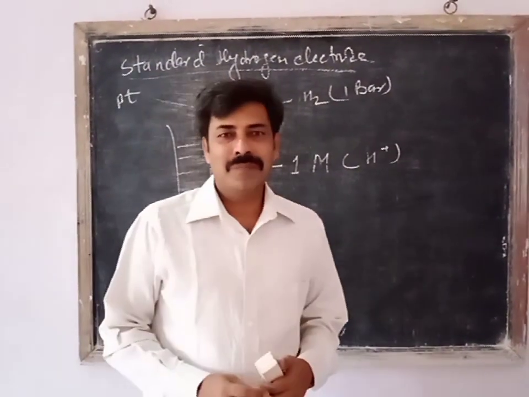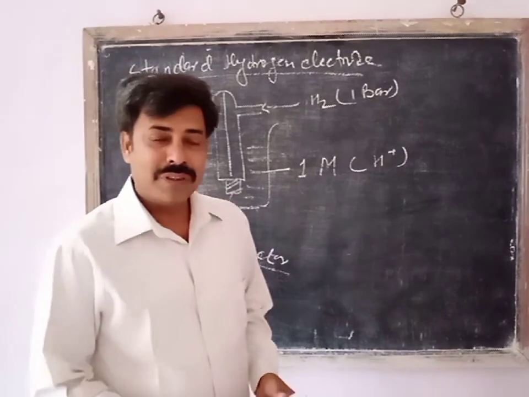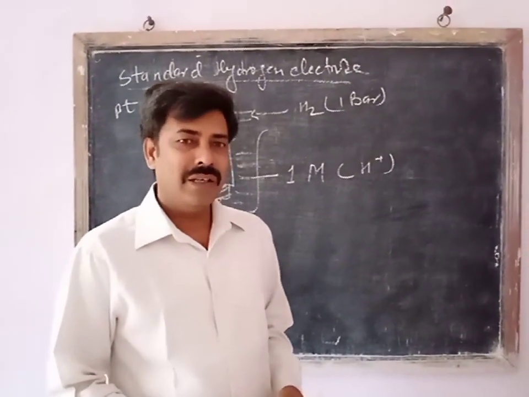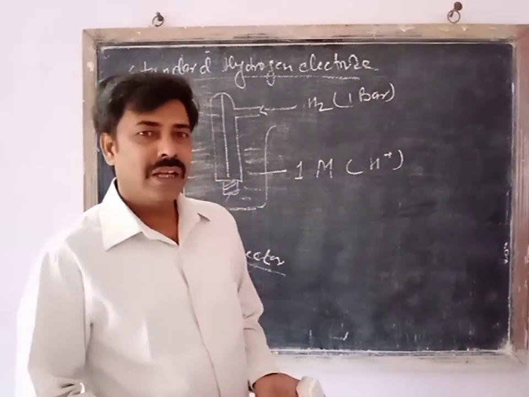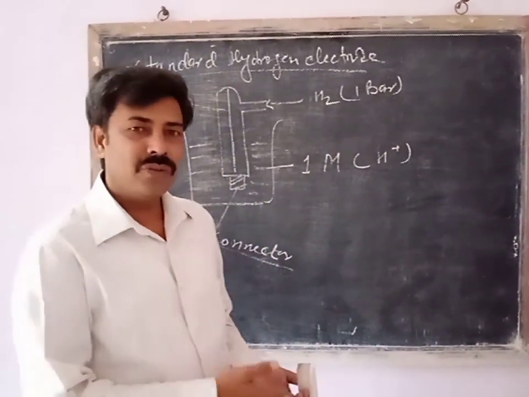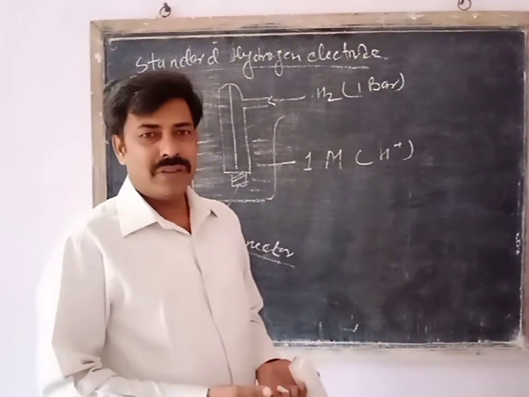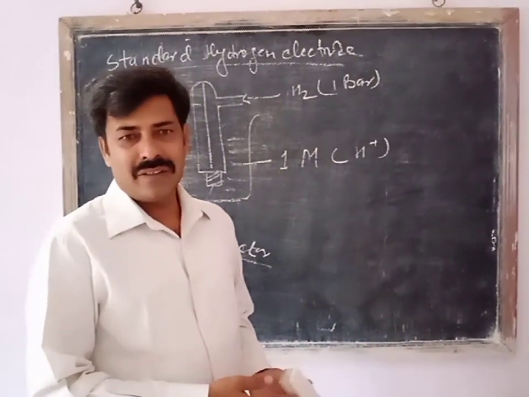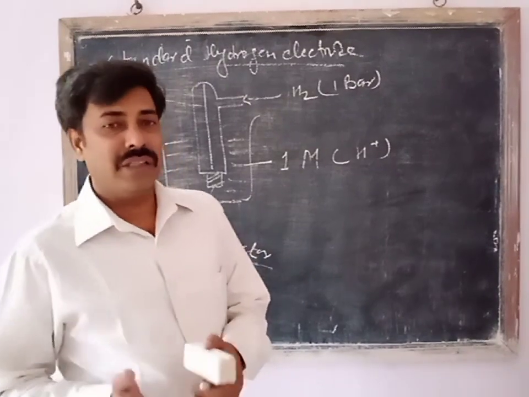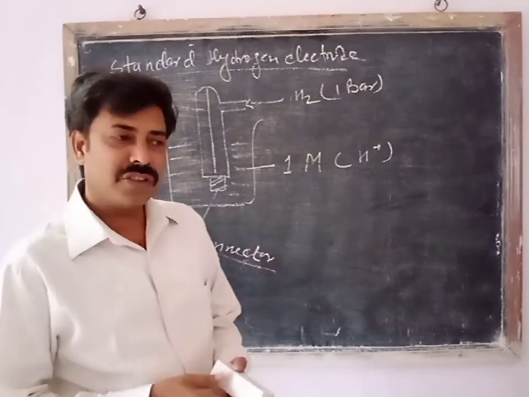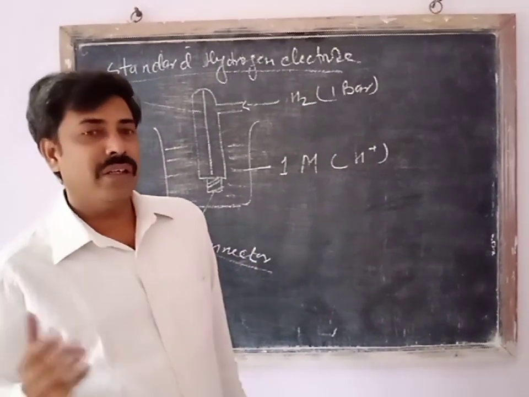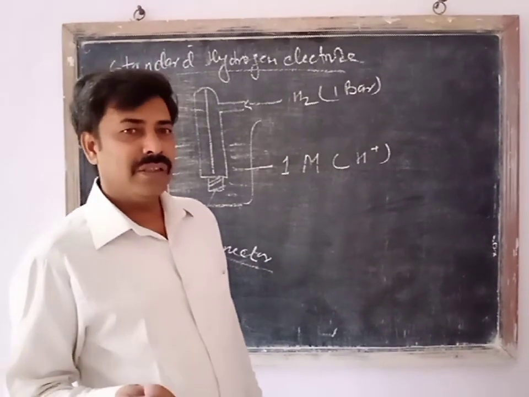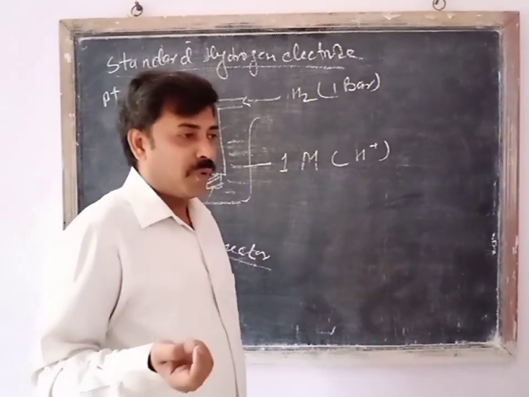Good morning, everyone. In the last class, we introduced electrochemistry. We discussed the galvanic cell, that is the voltaic cell, and the Daniel cell. We also discussed the salt bridge and the depiction of the cell. There we said that we need to find the E cell, or E standard cell, of any cell. We need the E cathode and E anode. Here E is the electrode potential.